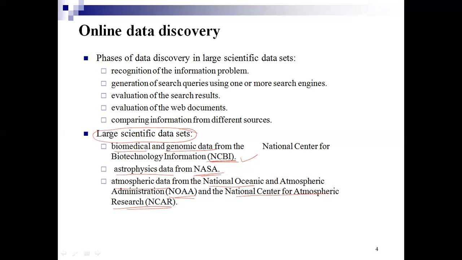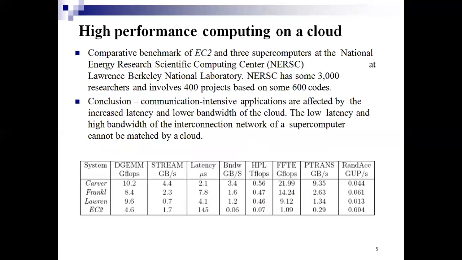So we have gone through what online data discovery is, the phases of data discovery in large scientific data sets, and a few examples of large scientific data sets. I hope you have understood this. Moving on to the next, we have high performance computing on a cloud. Of course we require high computing, as I told you, to process the data and to store the data